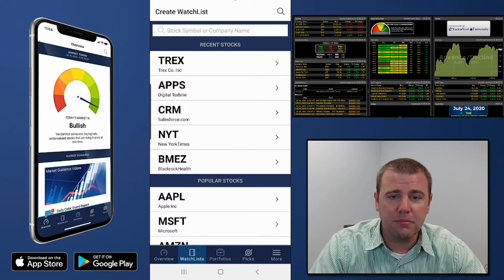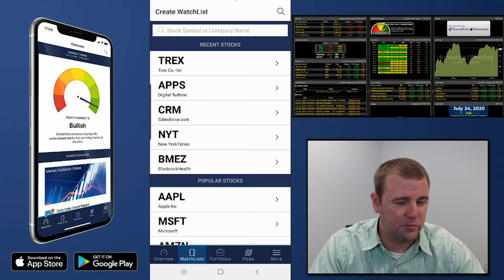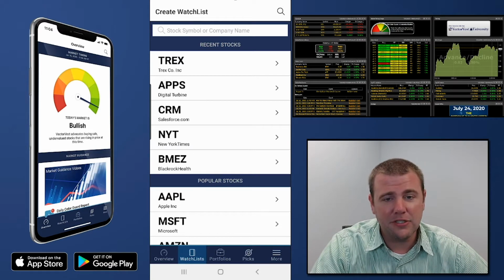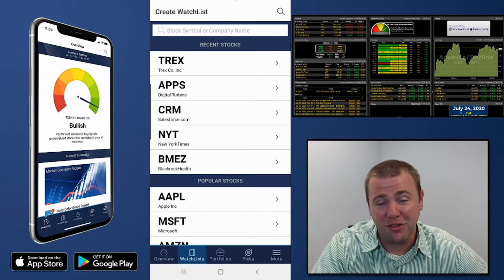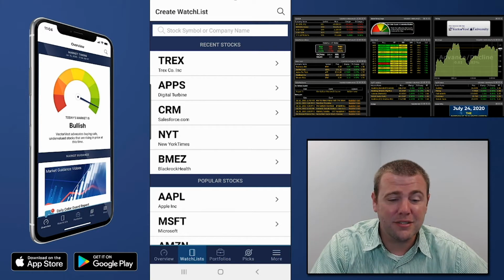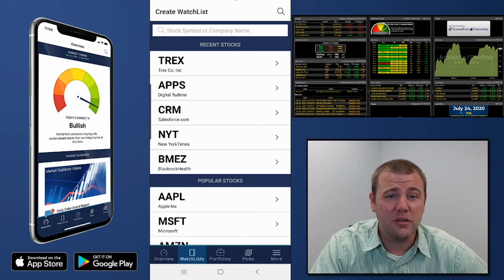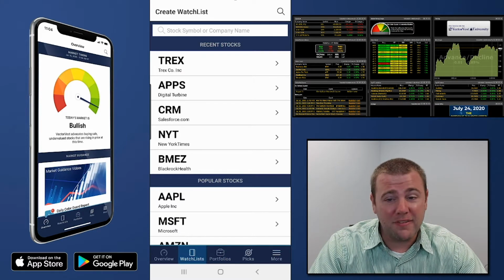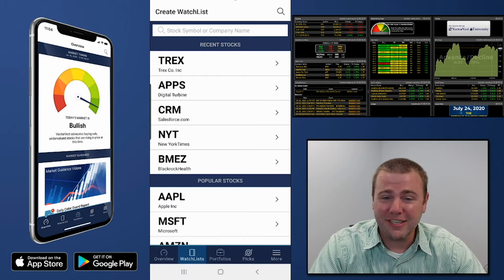If you guys have some symbols you want to put in here, let me know in the comment section. We can build a list of your guys' stocks here today and not just some predetermined stocks to make everything look good. So if you have stocks, let me know in the comments what you want to see in this watch list and we'll get it added here. While we're waiting on some of those, because I know there is a delay from me talking to when you guys are actually seeing it,